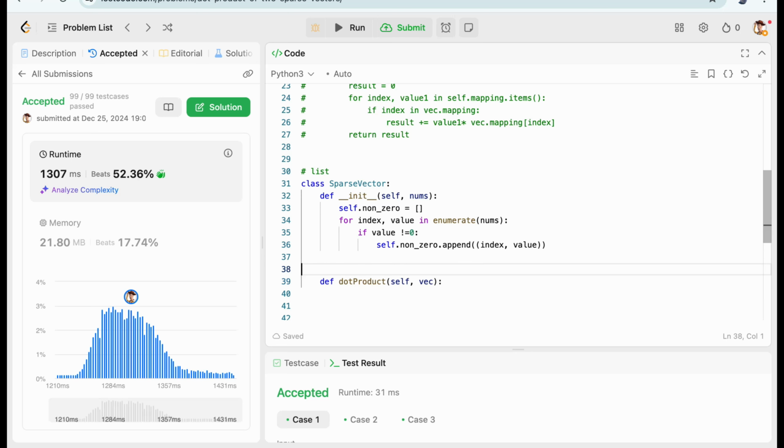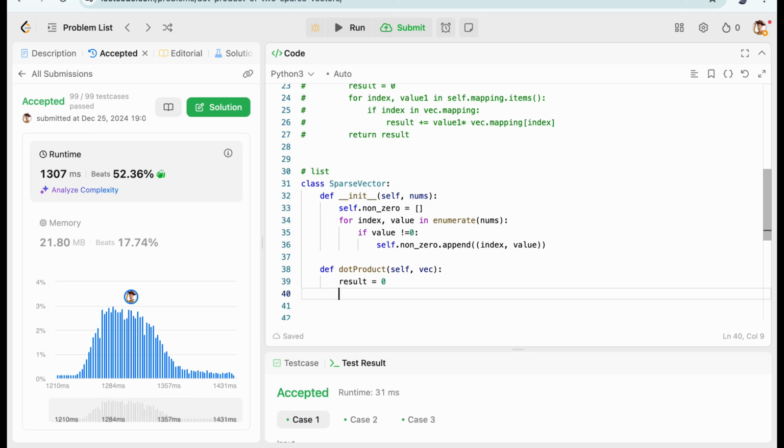So we have the index and value of each vector here, and then same as before, we can add these two non-zero lists. And as I said before, we should go through the arrays, and if we have that array in the second list,